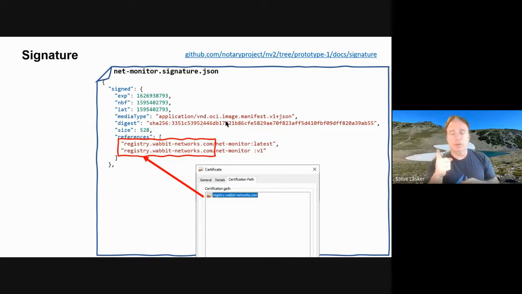So this one, I'm actually going to deploy from registry.acmerockets, but this particular content is signed from where it was originally pushed to. So I can make a choice and say the Wabbit Networks signature is good, so I trust it, but I don't allow anything to be deployed from anything other than the registry that it's signed from. So this would fail that second validation if I wanted it. If I have an additional Acme Rockets signature on it, then the references would be registry.acmerockets.netmonitor, blah, blah, blah.